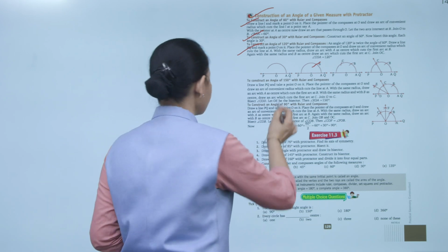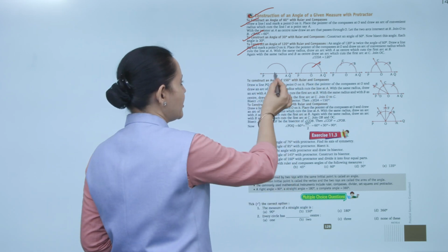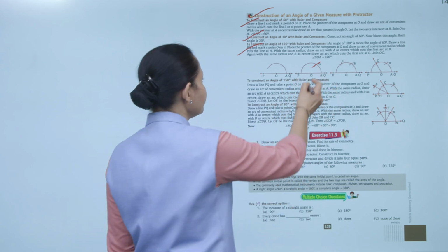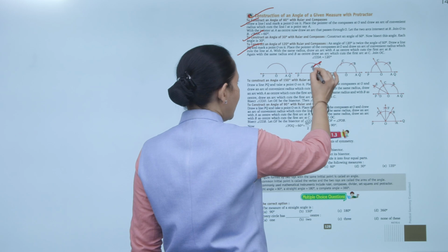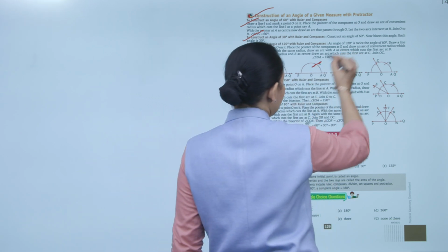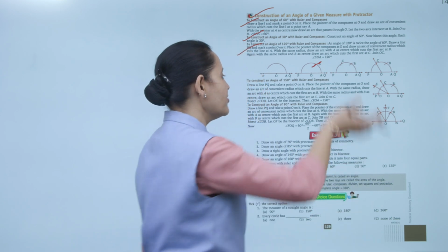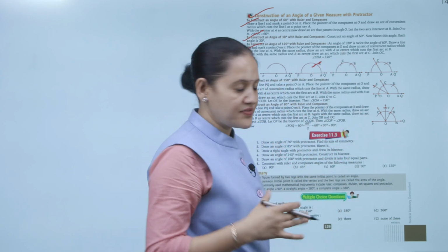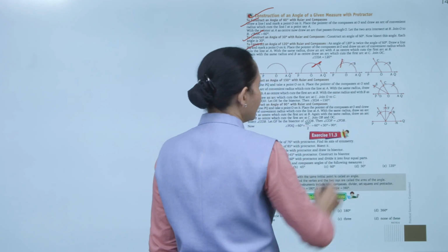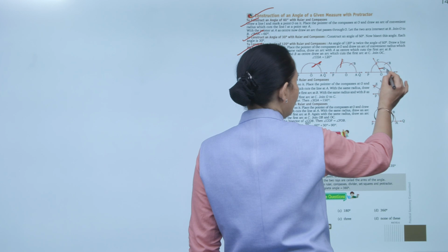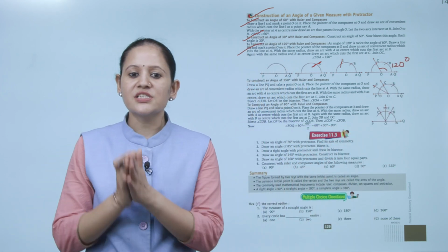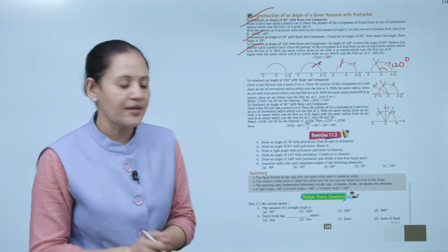So first, again we'll take one line segment, take a point O on it, make one arc, take A as a center, make an arc that will cut at point B. That is, if we join this, that will be an angle of 60 degree. Now we know 120 degree is twice of 60 degree. Now we'll take B as a center, we'll make another arc C. If we join C to A, O, that angle is of 120 degree. Clear? Next, to construct an angle of 150 degree with ruler and compass.